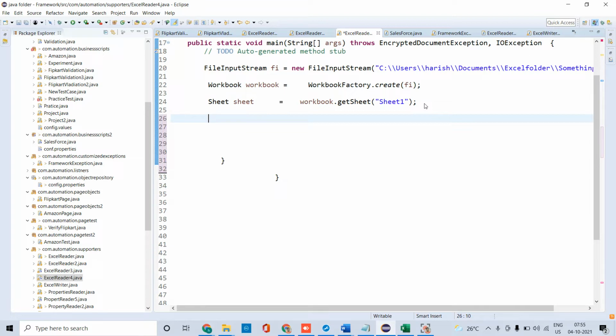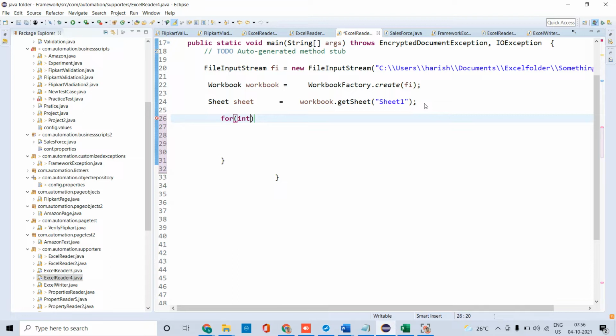Suppose I have 20 cells of data or 30 cells of data, however many cells there are, I can handle it by using loops, because earlier I went through each row and each column to get the data. Now I want to get the total data. For that purpose, I am going for loops. The first for loop is for the row and the second for loop is for the column. Here I am taking two for loops, so I am using a nested for loop approach.